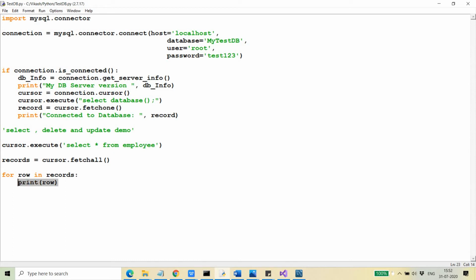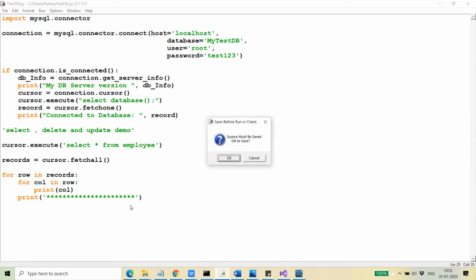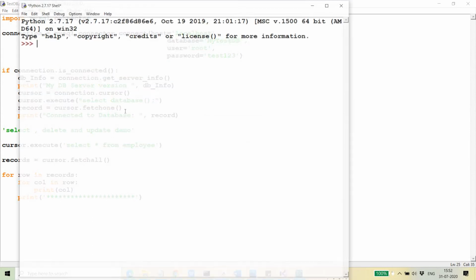If you want to make it a bit fancy, like if you want to display each of the columns as well, then you can do something like this: for col in row, print col. After that, you can separate the rows. After each row you can separate it with this set of asterisks.